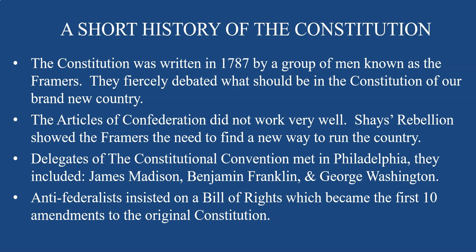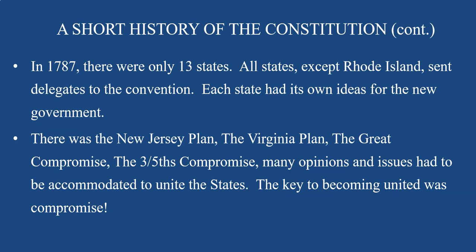By the way, we call them anti-federalists because they were very concerned about the welfare of the new nation. They did not want the federal government to overrun everybody and dictate what they were going to do. So the anti-federalists were mainly concerned about providing more rights for people, and these rights are actually in the first 10 amendments. For example, the first amendment, obviously freedom of speech, freedom of the press. So they were very concerned about the welfare of the nation.